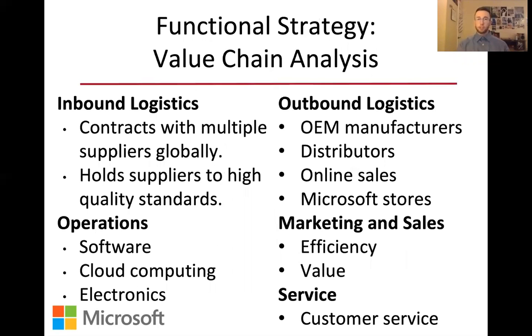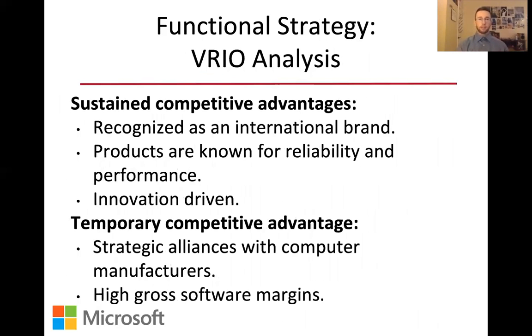So for our first functional level strategy, we decided to look at the value chain analysis. Microsoft has been able to boost their efficiency by holding their suppliers to high quality standards, all while lowering costs. Because Microsoft operates in a variety of different divisions, their products can be sold through many different networks, effectively generating greater revenue. By selling products cheaper than that of Apple, Microsoft conveys a strong value to the customer. And lastly, by placing a high emphasis on customer service, Microsoft is better able to build a superior customer responsiveness and loyalty. The second functional strategy that we used was the VRIO analysis.